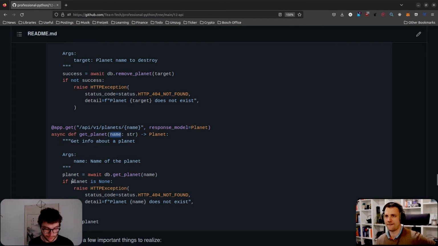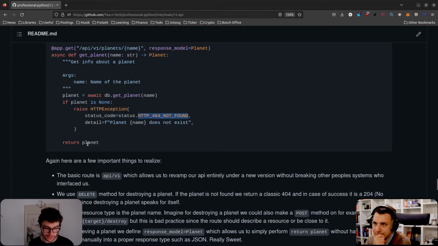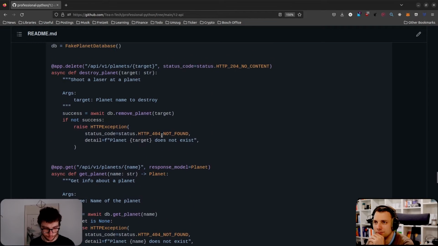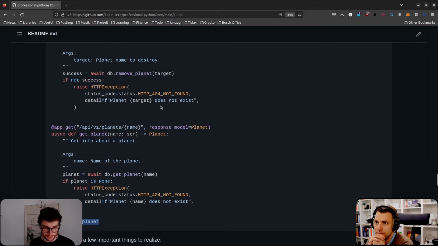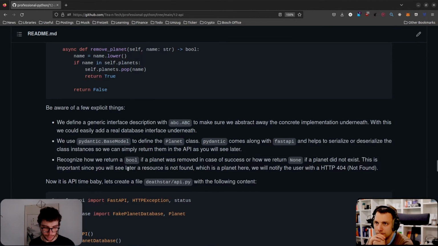So you just get a planet name, you go into the database. If it ain't there, then you can say, okay, it's a 404 again. But if it's there, you just return the planet and you're done. Wow, how freaking short is that? It's pretty short, yeah. It's amazing. That's why I love this FastAPI setup, because you really can get stuff done so quickly. But you should really follow good designs so that you don't screw up, especially in Python.